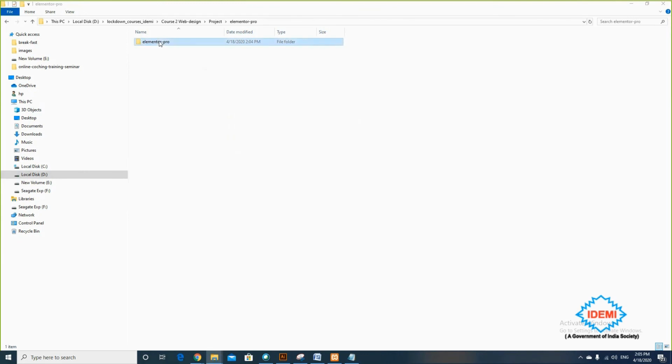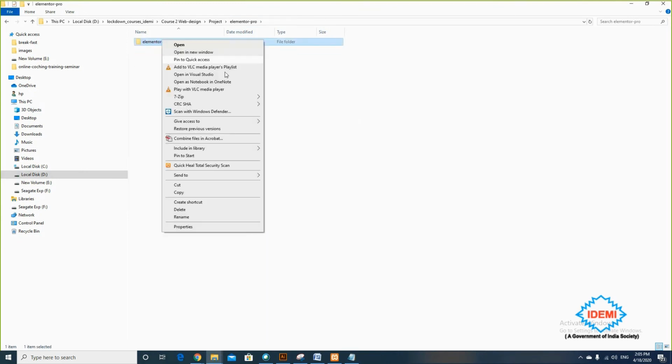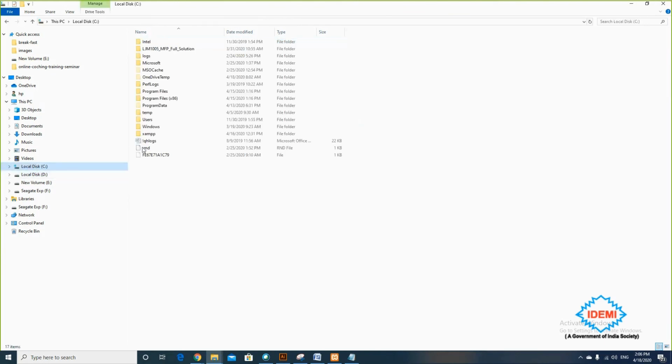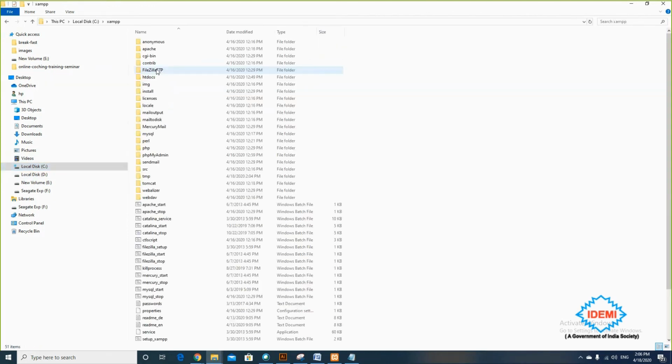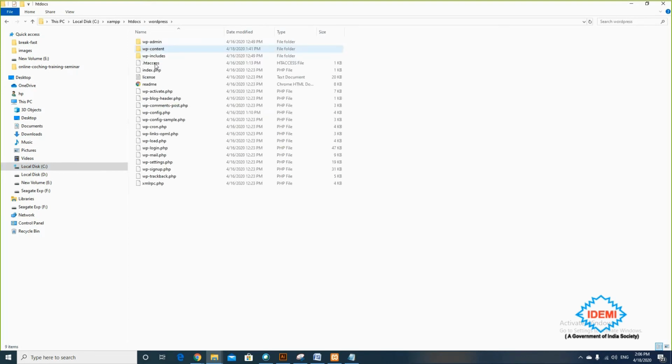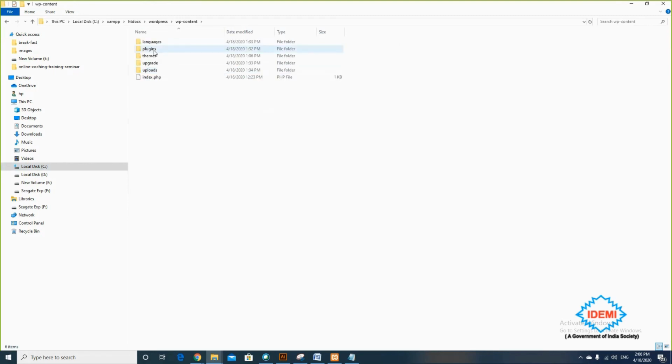So I'm going inside this, and I copy the entire Elementor Pro version inside my C drive, XAMPP, htdocs, and there is something called WordPress, and there is something called wp-content, and all plugins are available there.